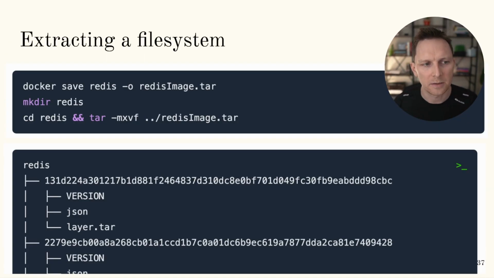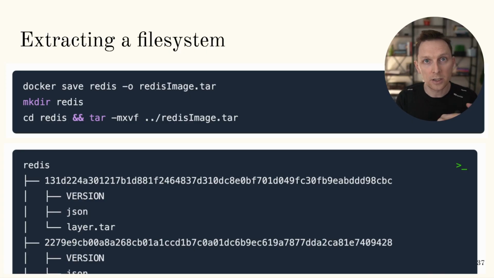What I need is to set up the file system. So one way I can do this is I can use docker save, right? So if I call docker save redis, I get a tar. If I open that tar, I just see a whole bunch of more tars, and the tars all have names, a layer.tar, and they're in a folder with this giant hash. And it turns out that that hash is the SHA-256 of the bytes in the tar, basically. So it's a content addressable store. Cool. That's how layers work. We'll get to that later, but it's not super helpful for what I need, which is the actual file system,